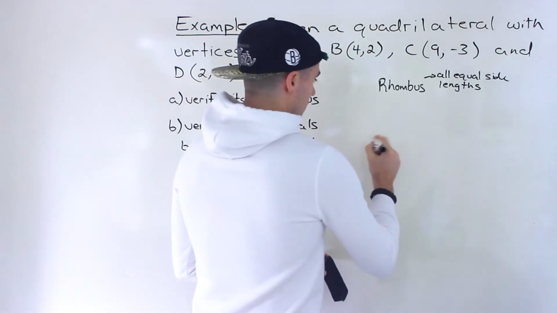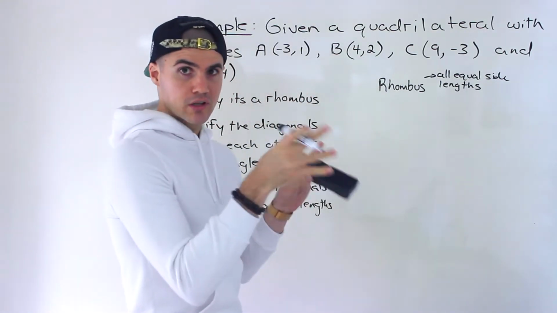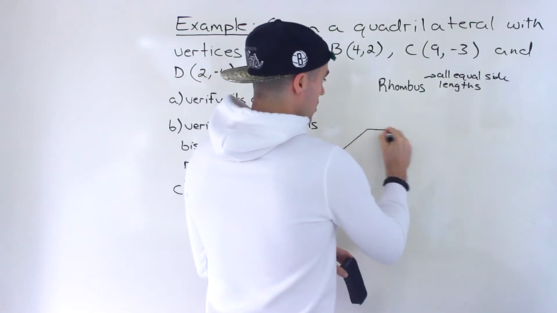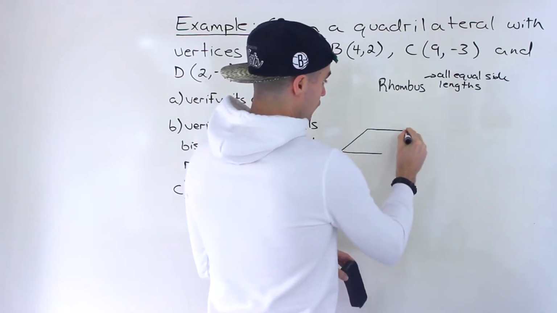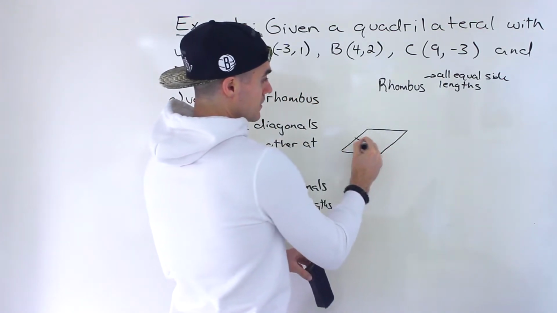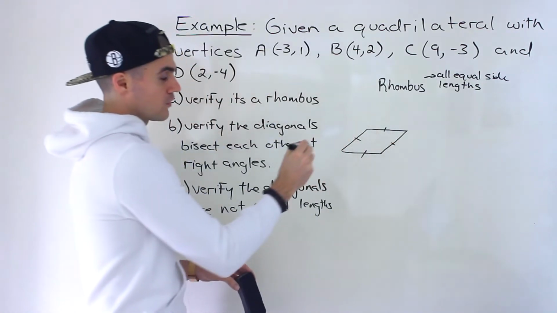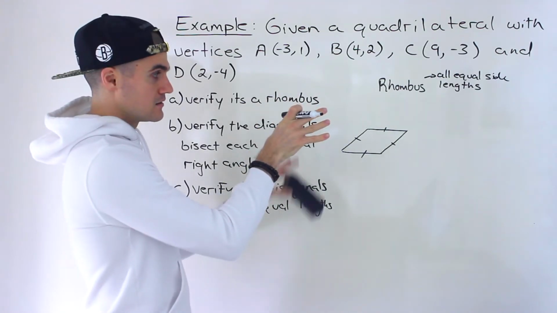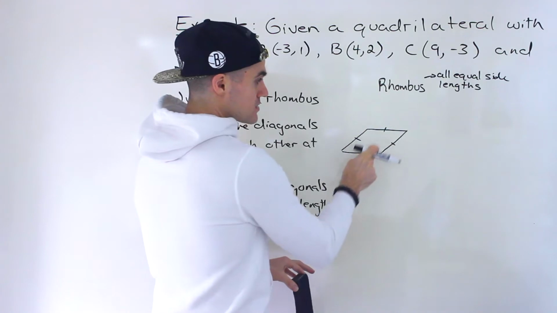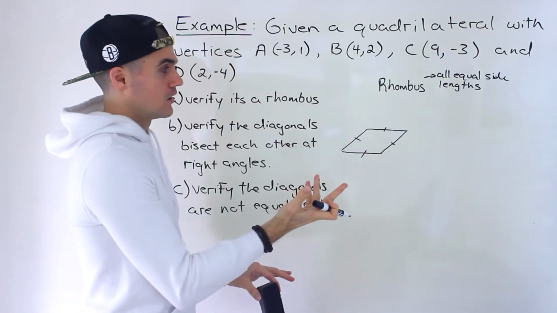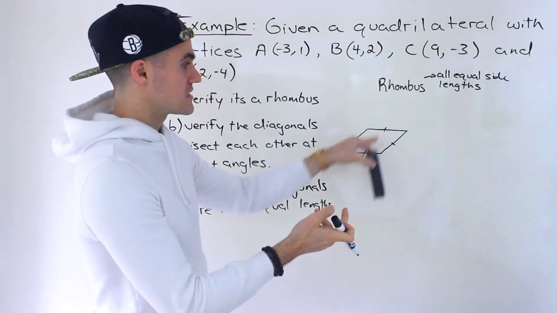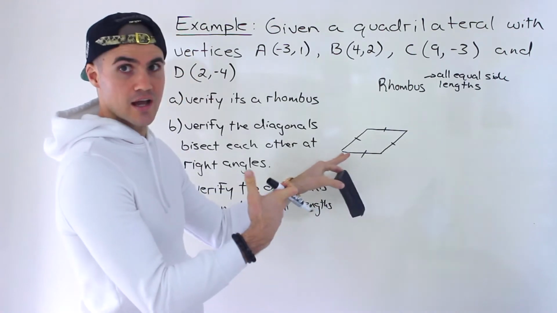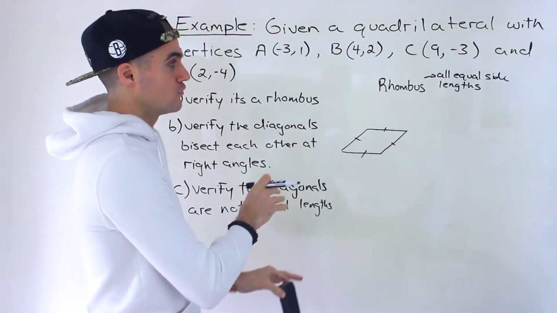Now, in general, if you draw a quadrilateral with 4 equal side lengths, it could take different shapes, but what's always going to happen if they have 4 equal side lengths, so let's say something like this, right? So all 4 are the same, then inherent in that definition, the opposite sides are always going to be parallel. So you don't have to show that the opposite sides are parallel like a parallelogram. All you have to show is that all 4 sides are equal lengths,